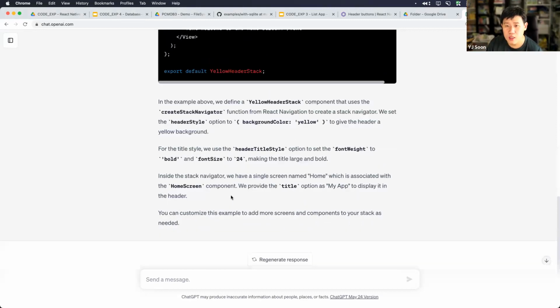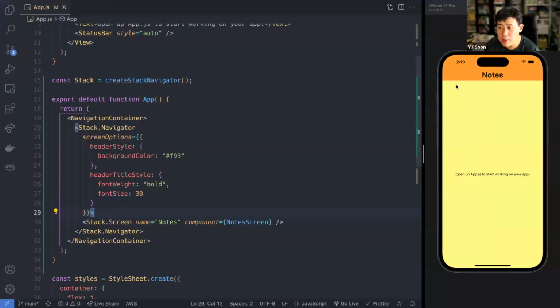So maybe here, tell you what. I look at this and I want a bit more padding between my title and the bottom of my header bar. So I want to make my header bar taller, and I want to add a bit of a shadow underneath it.